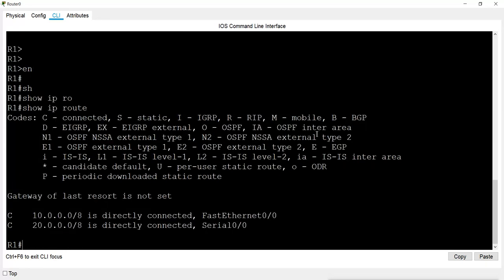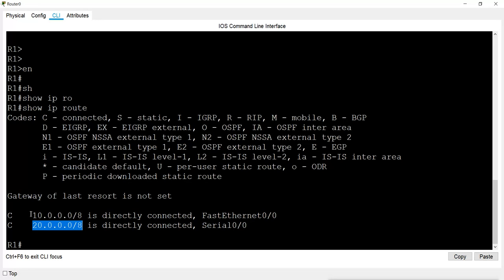Now here this router 1 doesn't know about any other network. It knows only the connected networks, which are connected to its FastEthernet port and serial port. FastEthernet is connected with network 10, which is the LAN network, and the serial interface connects to the other network, which is 20, to connect to the other router.